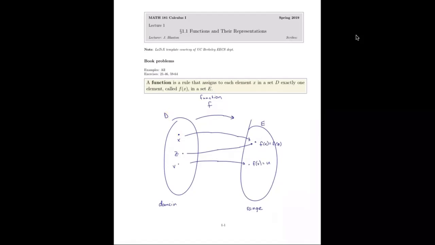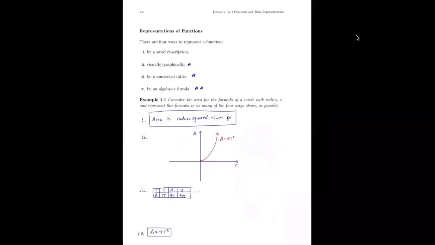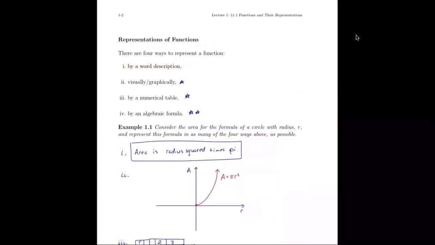So let's have a look at some functions we're probably familiar with, or at least some representations that we might know. So, 4 ways to represent a function. There are probably more than that, but these are 4 that we'll commonly think of or come across. The least common of which is by a word description. We could describe a function in words. One function would be something like take a number and double it. So that would be f of x